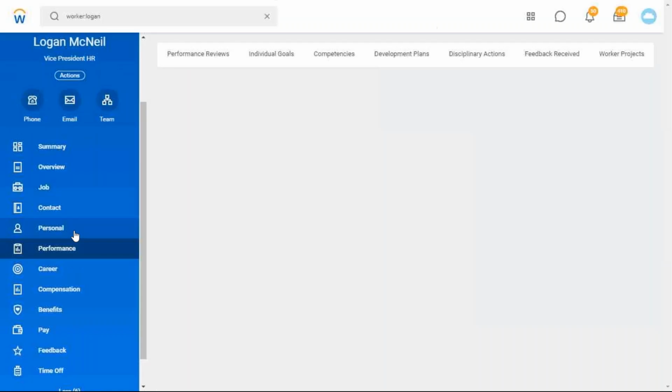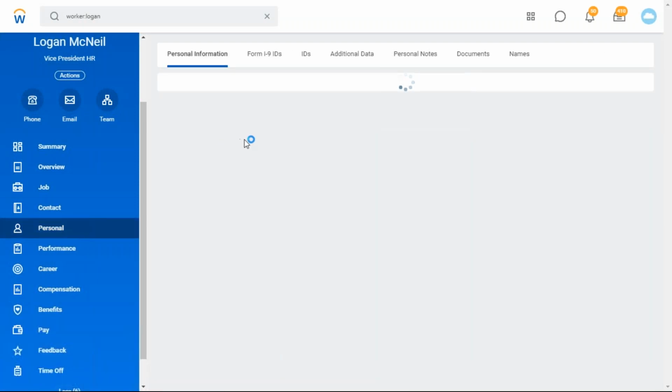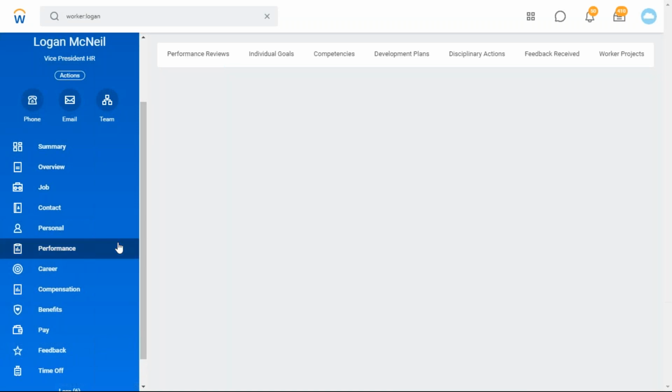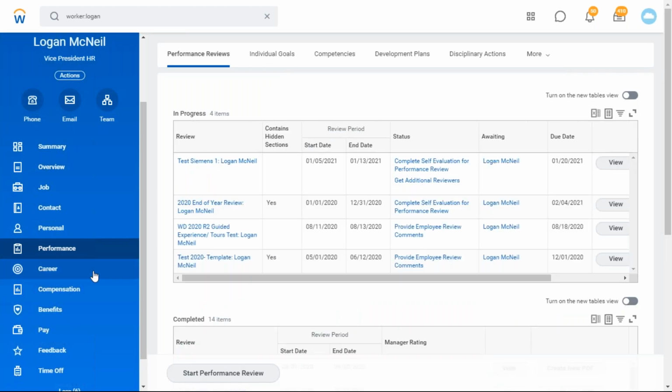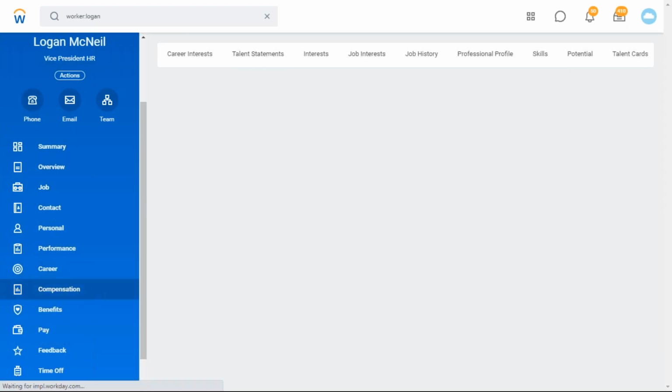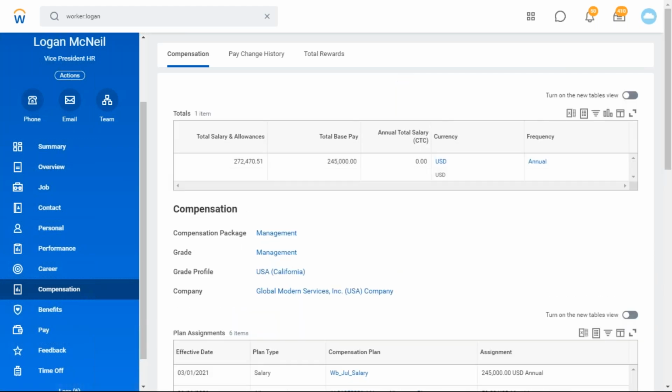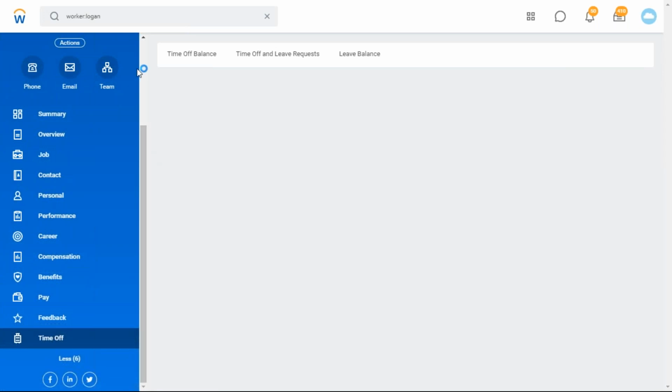The performance information: your personal information only you as an employee can view, or HR can view it. Even for managers, you can hide. The performance information, managers can change it, HR can view it. As an employee, you can view your performance feedback. Everything you need the access. Compensation, the HR can view it. The compensation administrator, HR administrator can change it. Manager also can view it. Okay. This is everything. If you have the access, you can see.